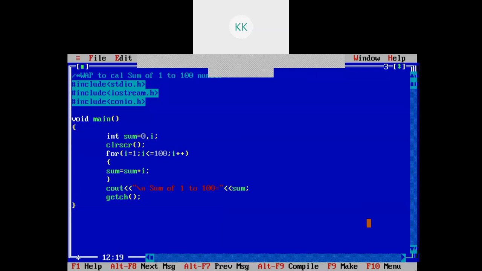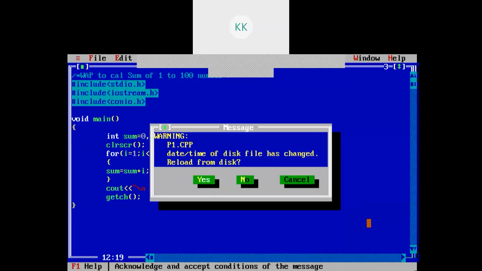So this will give me the same result as I got for the while loop. So I will just save it and execute it. F9 and Ctrl F9. The same result I will get using the for loop as well.